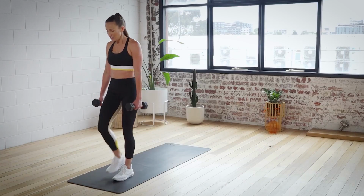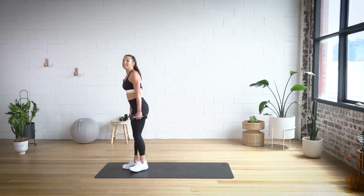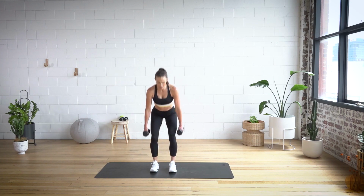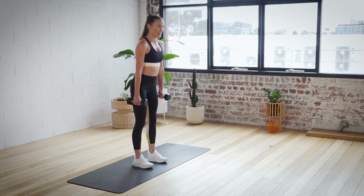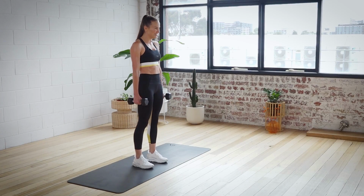2 more. So we go back, bring it in, back, into that narrow stance suitcase. We'll do this one nice and front on for you guys. So down we come. Setting the butt back, keeping the chest up. Woo! And we got it. Just hanging those hands by the side, just like you're carrying a couple of suitcases to work. That's a walk to work, isn't it? Something like that. We got 2 more. 2